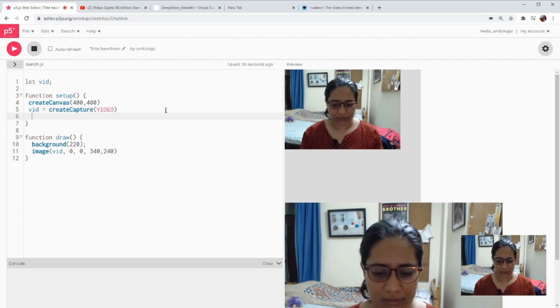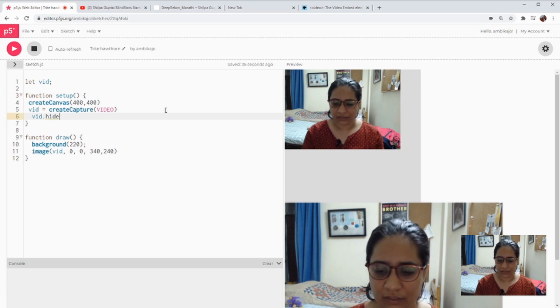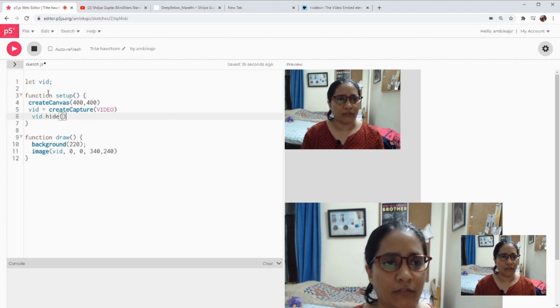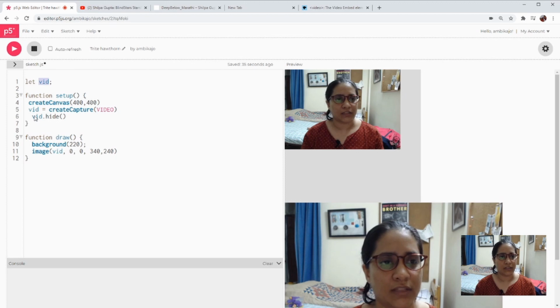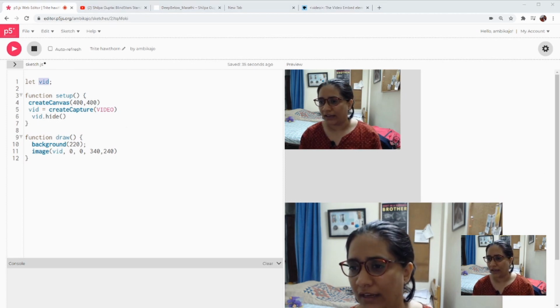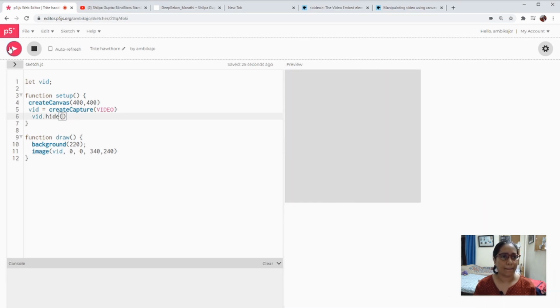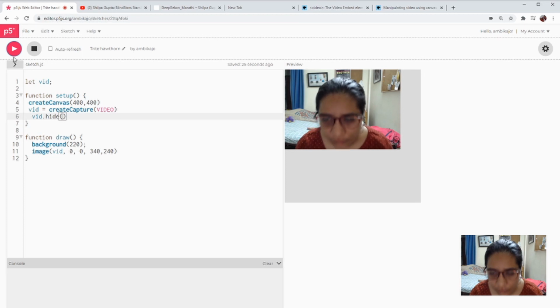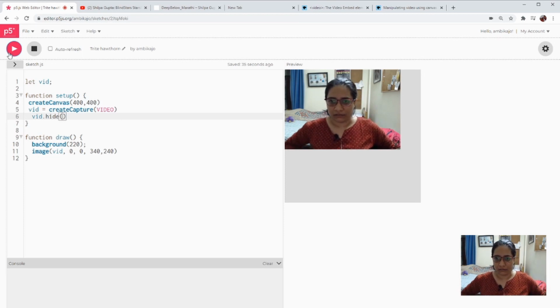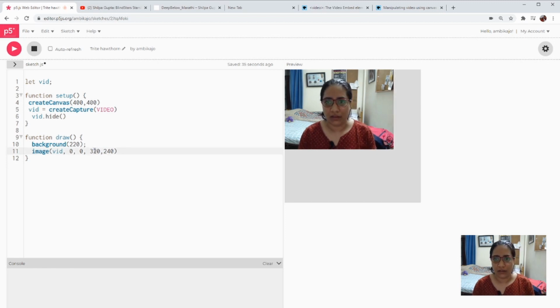There's a simple command for hiding the video. Whatever variable you've set for your webcam feed, use that as vid, and then say .hide. So I just did vid.hide, and I'm going to hit play, and there you go, my DOM element, as they call it, is gone now. 320 by 240 is a typical aspect ratio for the webcam.